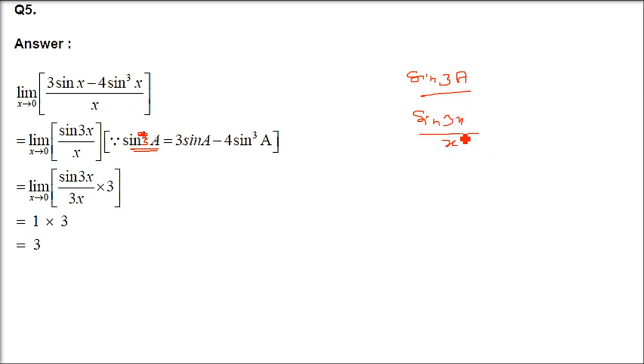So now you have to make it as 3x, because we need sin theta by theta. You just have 3 in the denominator because we have introduced it. We have to multiply it in the numerator also in order to cancel it out. So limit x tends to 0. Now limit for the constant doesn't work because it will be constant only. There is no x. So we have 3. And then the limit x tends to 0, sin 3x by 3x is 1. 3 will come.